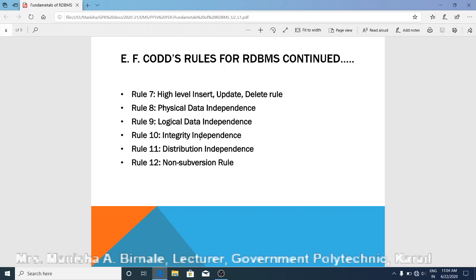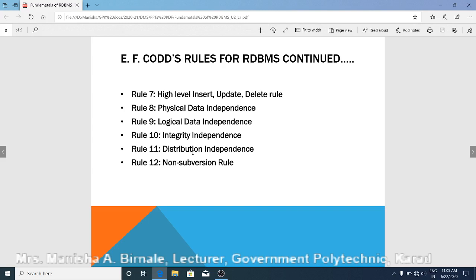This is called distribution independence. When you view your result using some online website, the result information of all students may not be stored on a single server. It may be distributed on multiple servers. But when you see your result, you are unaware of this distribution. You think that the data is stored at one location only. So this is distribution independence.